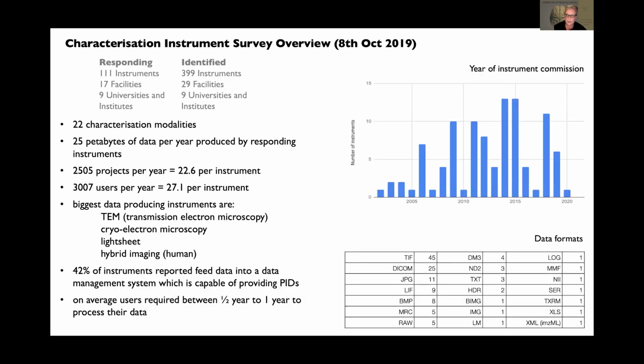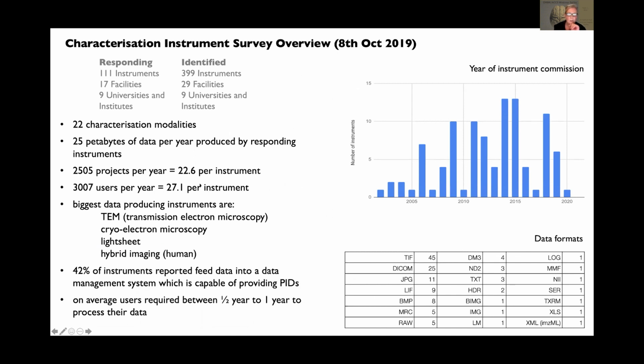So I'm just going to quickly give you an overview of what the landscape that we're working with in the ACCS project is actually like. And I'm sure most of you are probably familiar with this sort of situation, which is just that there are masses and masses of data being generated, and it's only increasing every year. And the number of instruments are increasing, massive instruments.